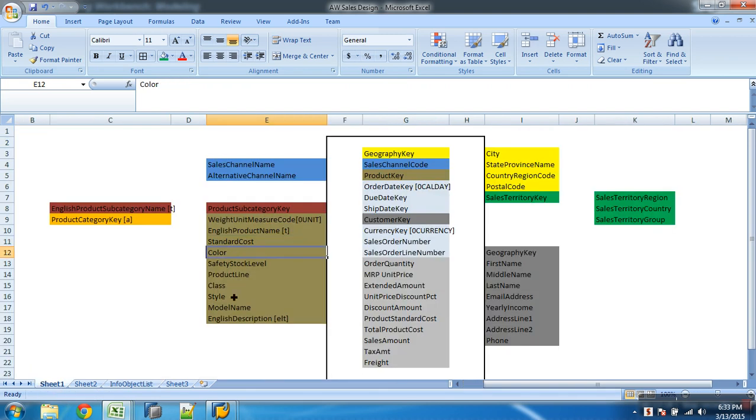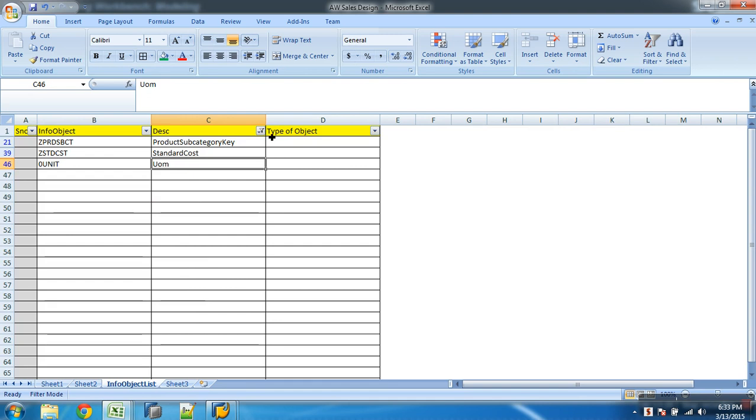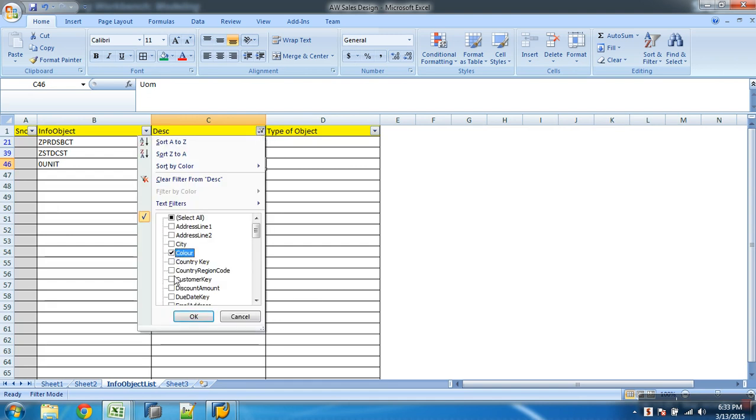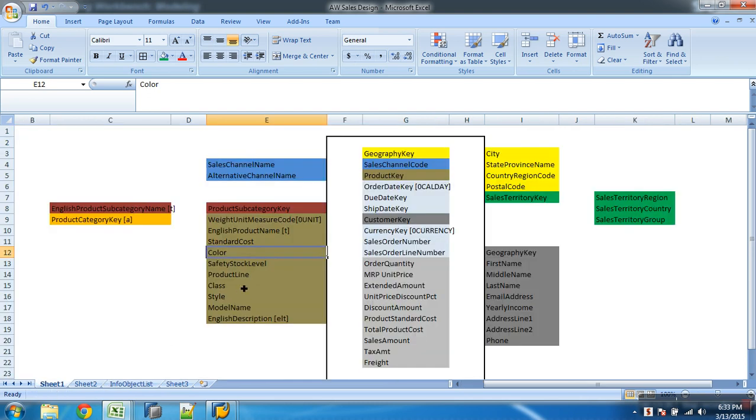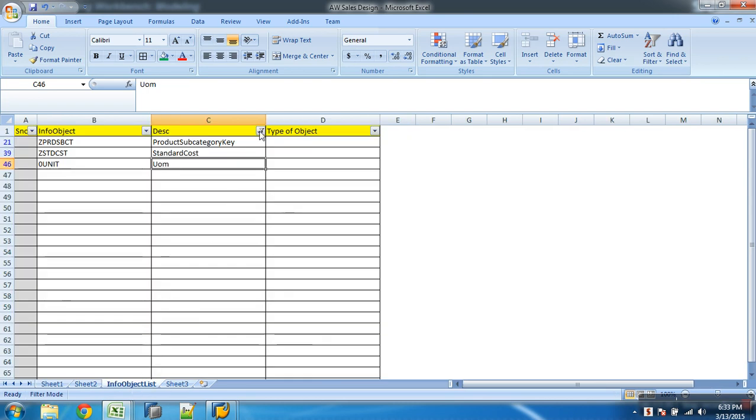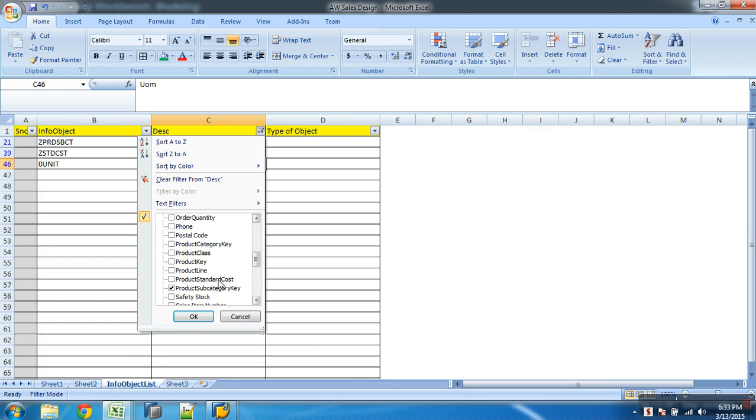Next is color, safety stock level. Color, and then what is? Safety stock, I've just taken it as safety stock. Okay, then product line, class, style. Product line. Something like class, I think it's like product class.